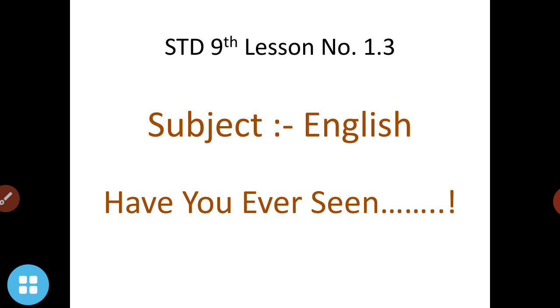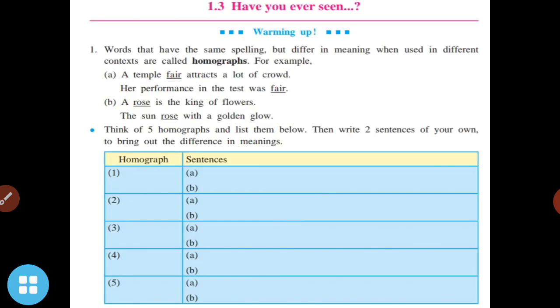First we are going to discuss the warming up, like in every lesson we have a warming up. In this lesson also we are having warming up. A few exercises are given. So here I'm reading the first question. In warming up, lesson number 1.3, Have you ever seen, the first question is given: words that have the same spelling but differ in meaning when used in a different context